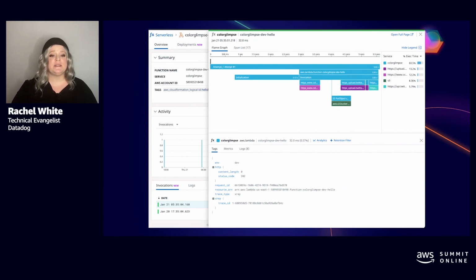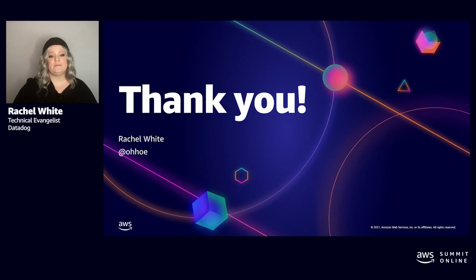We can see our traces, where we can dig into each individual request and see a flame graph of all of our API calls, as well as the tags, metrics, and logs for each specific request. Now, like I said, this is obviously a very small example, but I'm still able to get all of this information from using our AWS integration and a few lines of code. I can now go in and, if this was a larger system, be able to pinpoint problem areas and be able to close the product feedback loop with teams when I see areas of improvement.